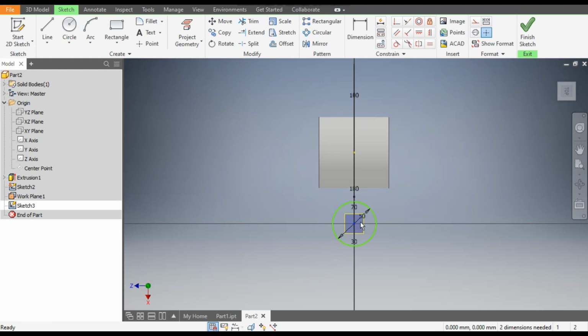It is also moving. So go to coincident. It is not selecting. Okay. Go to project geometry. Select this point. Okay. Now go to coincident constraint. Select this point and select the center point. Now this is fully constrained. Go to finish sketch